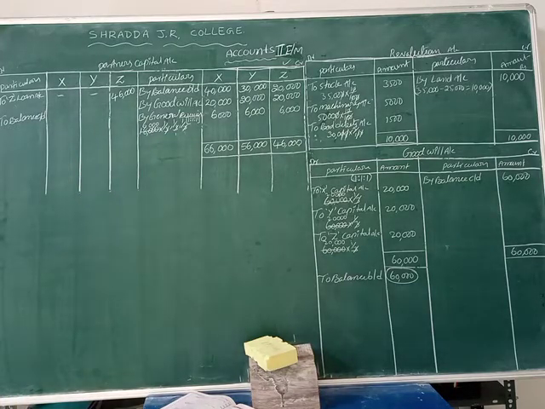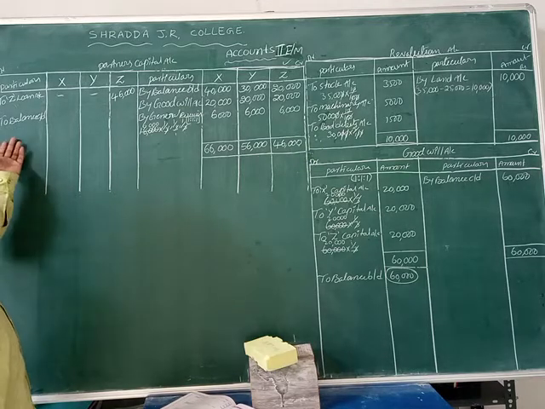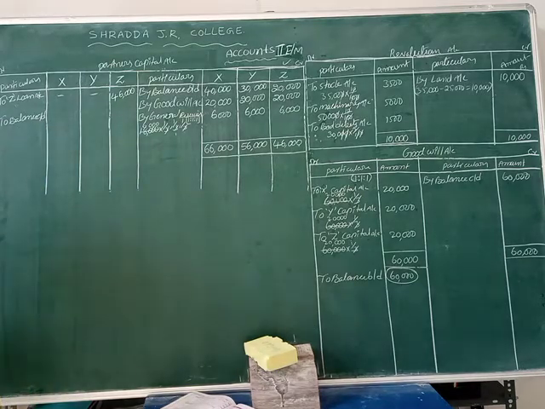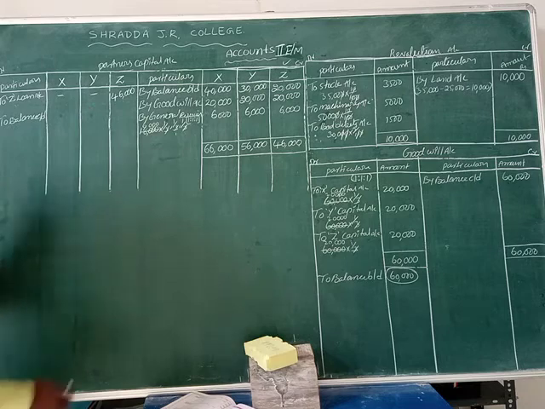Okay, the partners' capital account has no amounts on the debit side. Why? Because partners cannot take any amount out of the business, so we don't record amounts on the debit side. If any partner takes out a cash amount, then we can record it in the partner's capital account. But no partner is taking out an amount here. That's why there is no balance carried down, and the credit amount is nil.